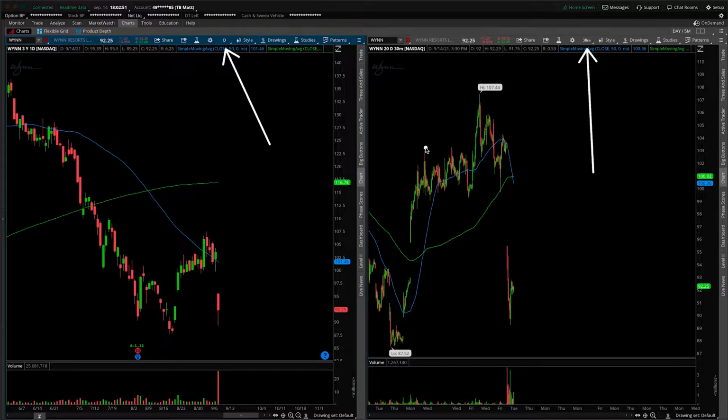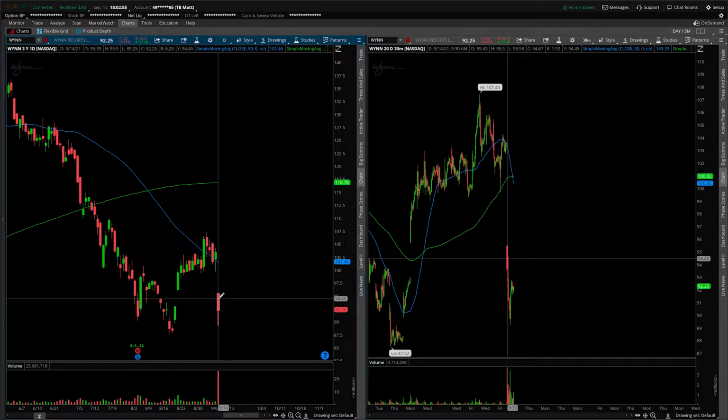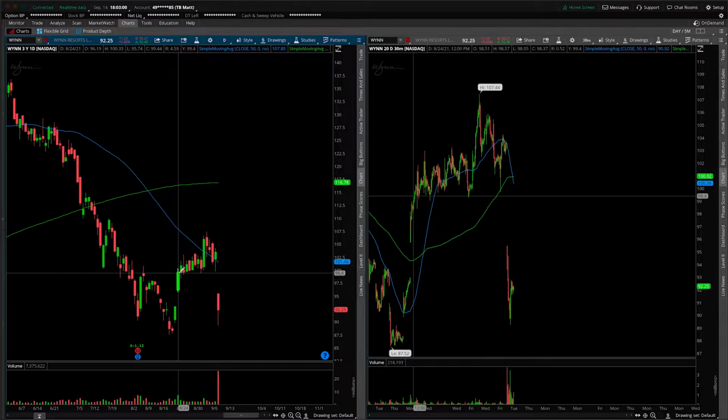Now, first things first, we have not covered this one yet on the channel. This one did have a catalyst this morning, a negative catalyst involving some regulation fears. Regardless, we're going to start by making a roadmap from the daily time frame of obvious areas of support and